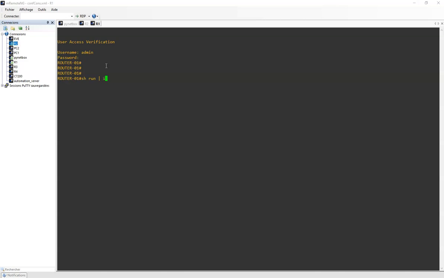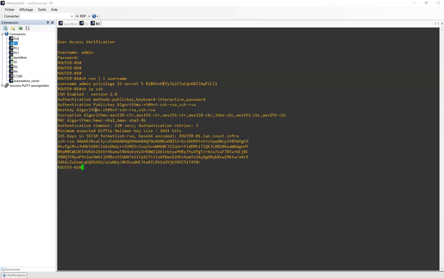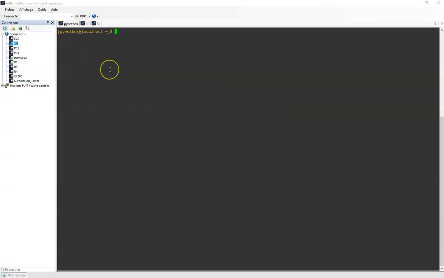I will do the show running configuration and I will look for username just to check the configuration. So here my username is admin, and here I insist that the username should be the same for all routers. Now I check the SSH is enabled and it is in version 2, and the loopback also is well configured